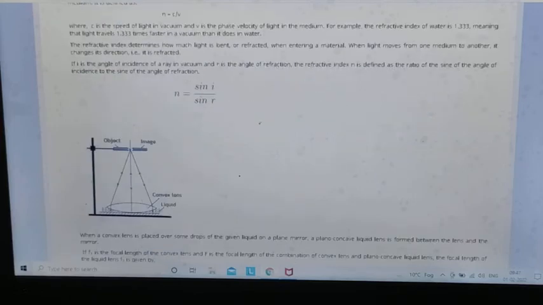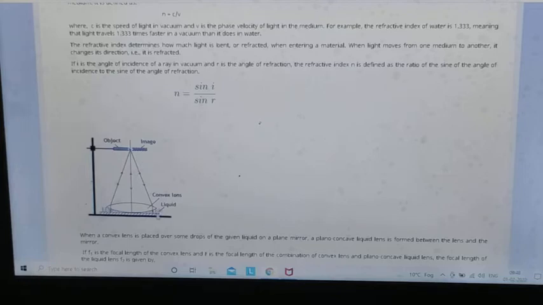Here is the ray diagram that you have to make in your file. So this is our experiment also. For this experiment, we have a stand, and on this stand we keep the liquid whose refractive index we have to calculate. On the liquid we have to keep a convex lens. So you can see the liquid is in between the convex lens and the plane mirror. The liquid forms a plano-concave lens shape, so a liquid lens is formed here. Now we will calculate the refractive index of that liquid lens.